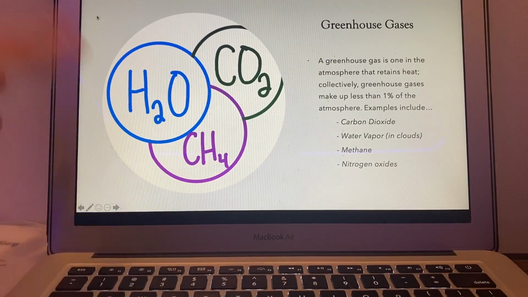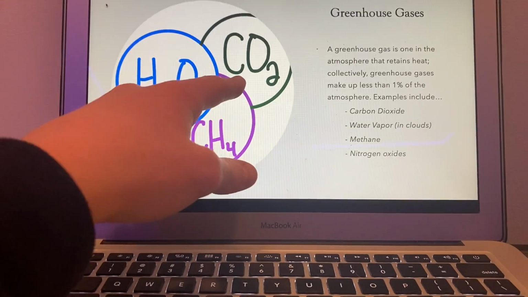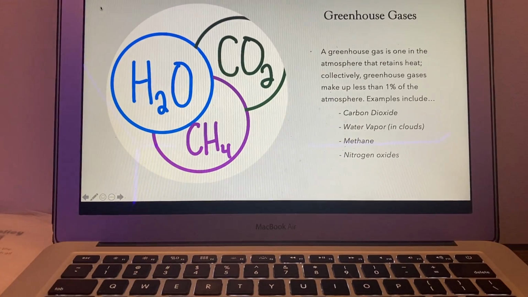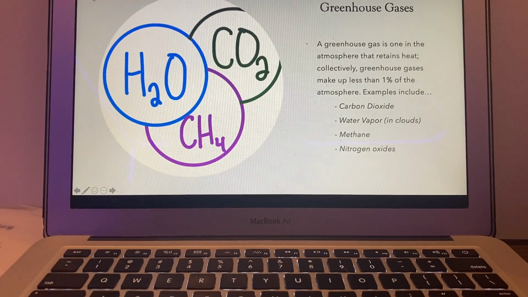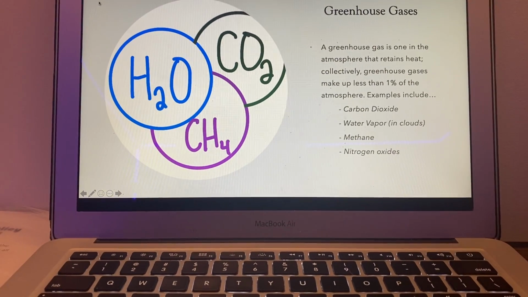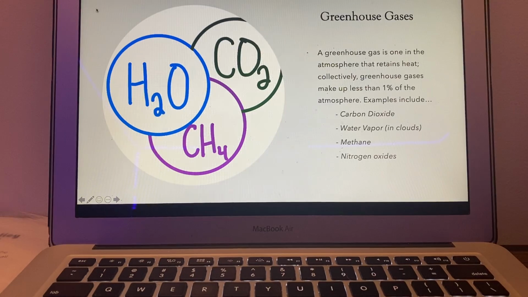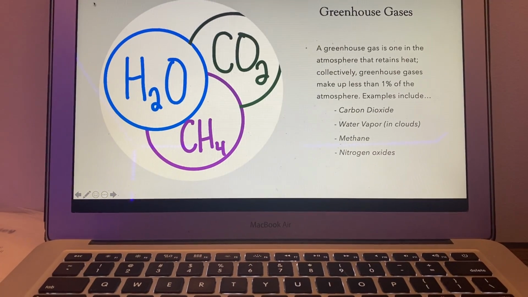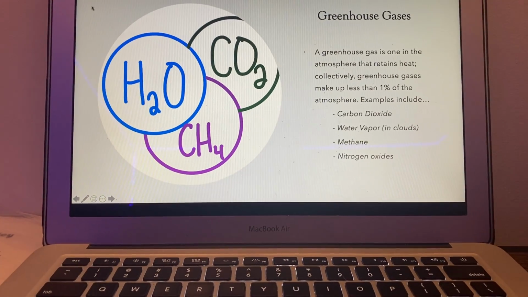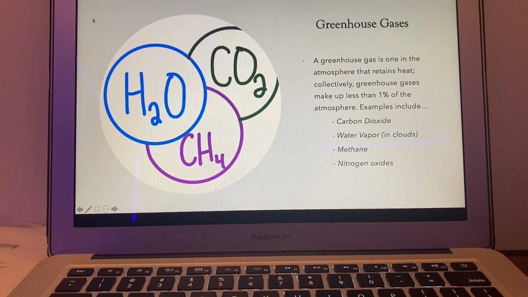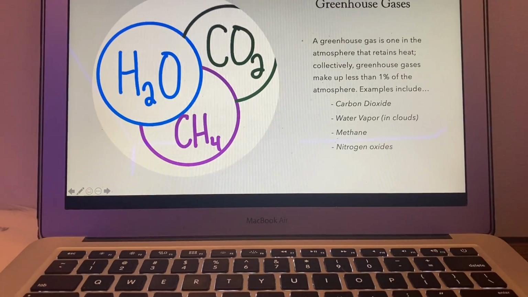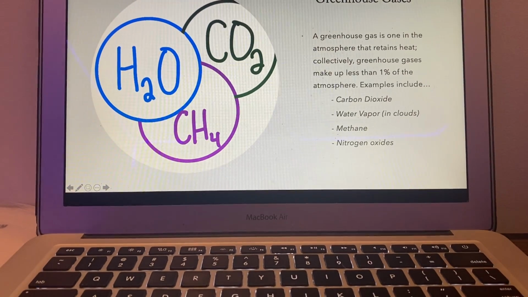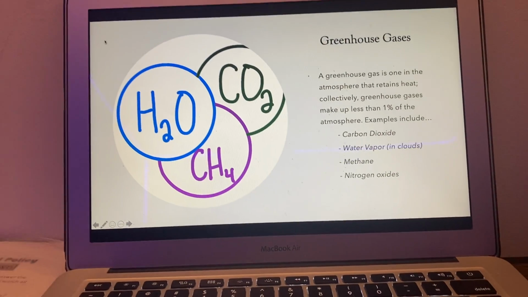As you can see here, some common formulas I'm sure we all know: carbon dioxide, water, and methane. These are all great examples of greenhouse gases. Obviously, water is water vapor. A greenhouse gas is one in the atmosphere that retains heat. And as I said, these are the three most common, and then there's also nitrogen oxides, which are less common. Greenhouse gases basically exist in these different forms, and they have different effects on the atmosphere, which we're going to